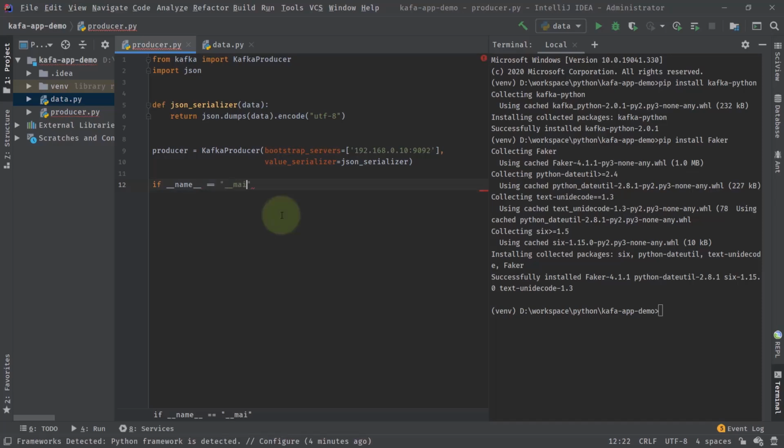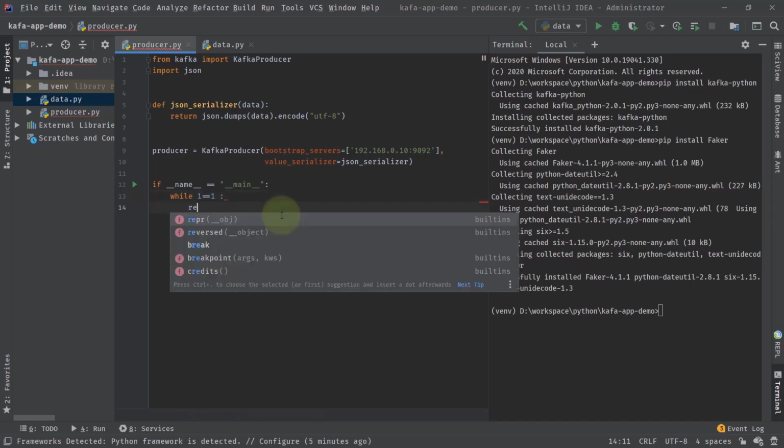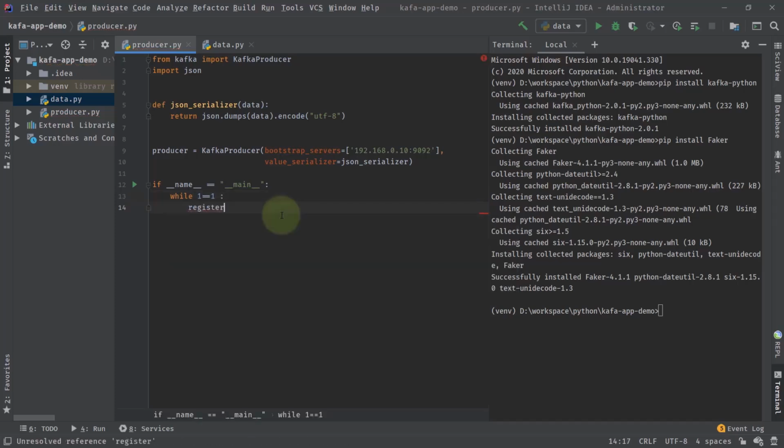So I'll be running it using python app.py, and because of that I need to write that. If __name__ is equal to "__main__", I'll create an infinite loop, and that will be created using while 1 is equal to 1. What I'm going to do is create a registered user,